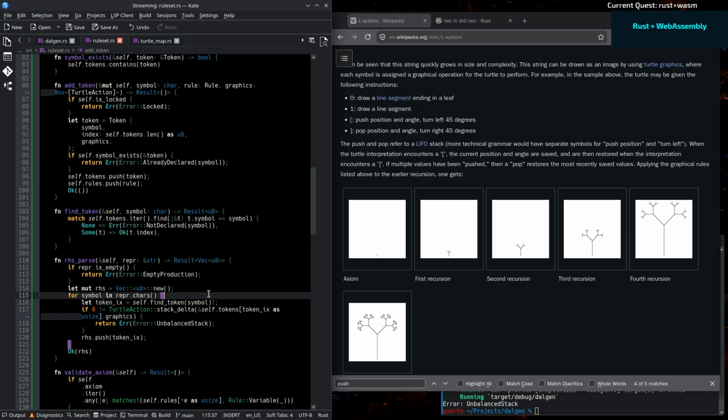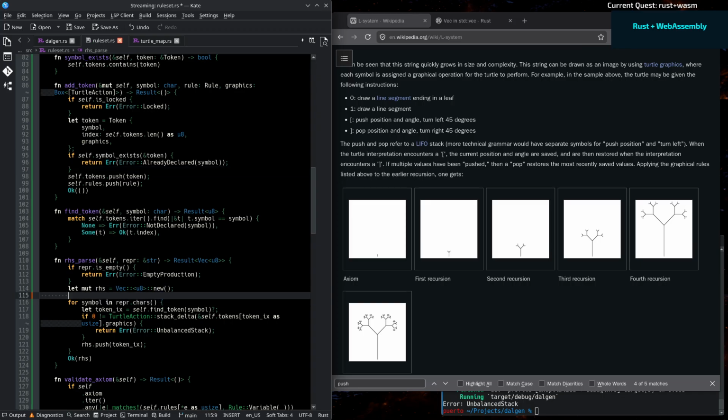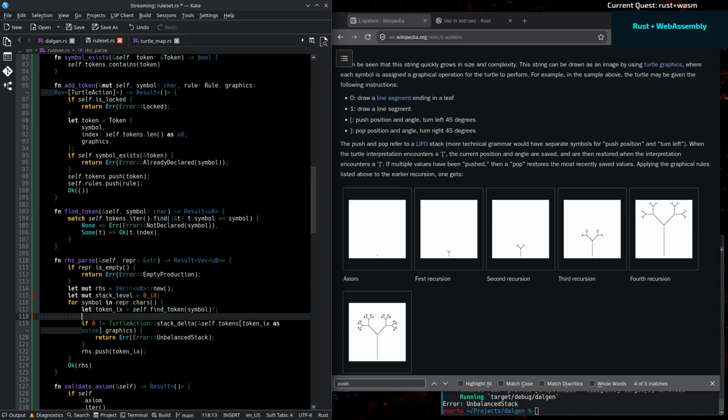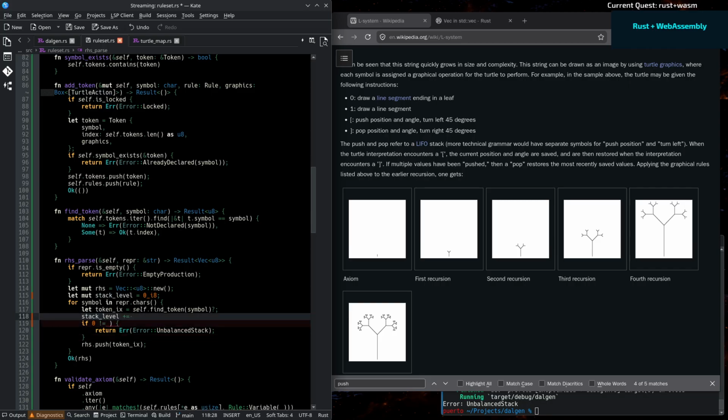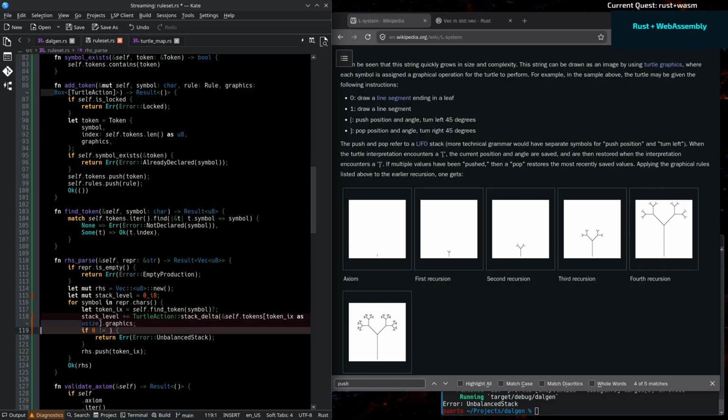Instead, what we need to do is to modify the stack level with regards to that symbol, and only at the end of the parsing,